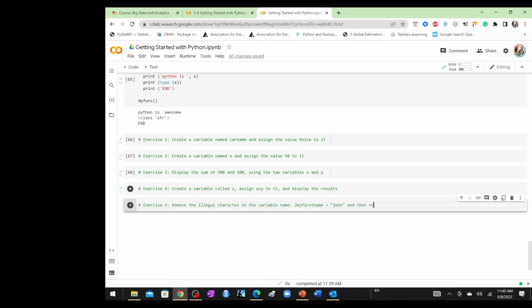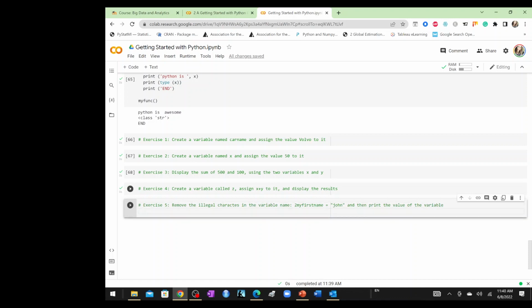And then print the value of the variable. So first you need now to retype this to my first name equals John in such a way that you get rid of all the characters that make the name illegal, and then